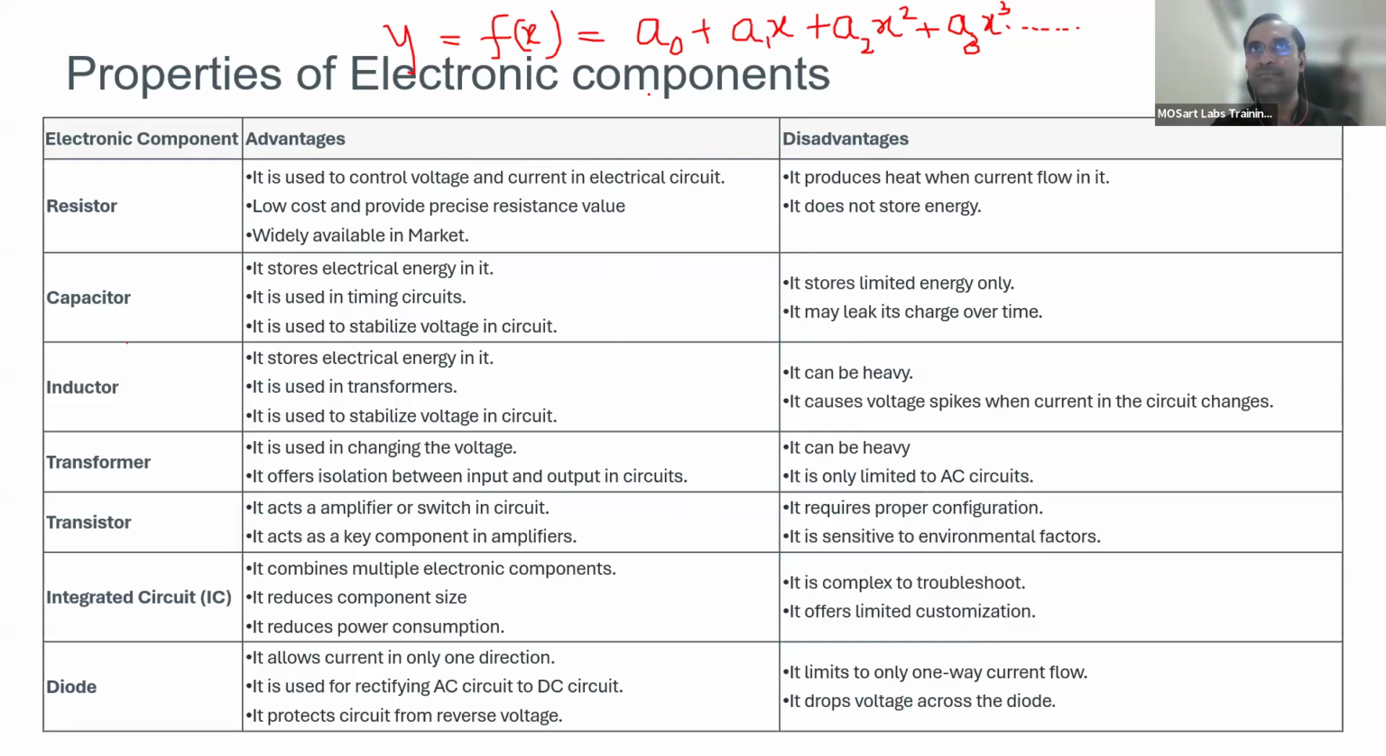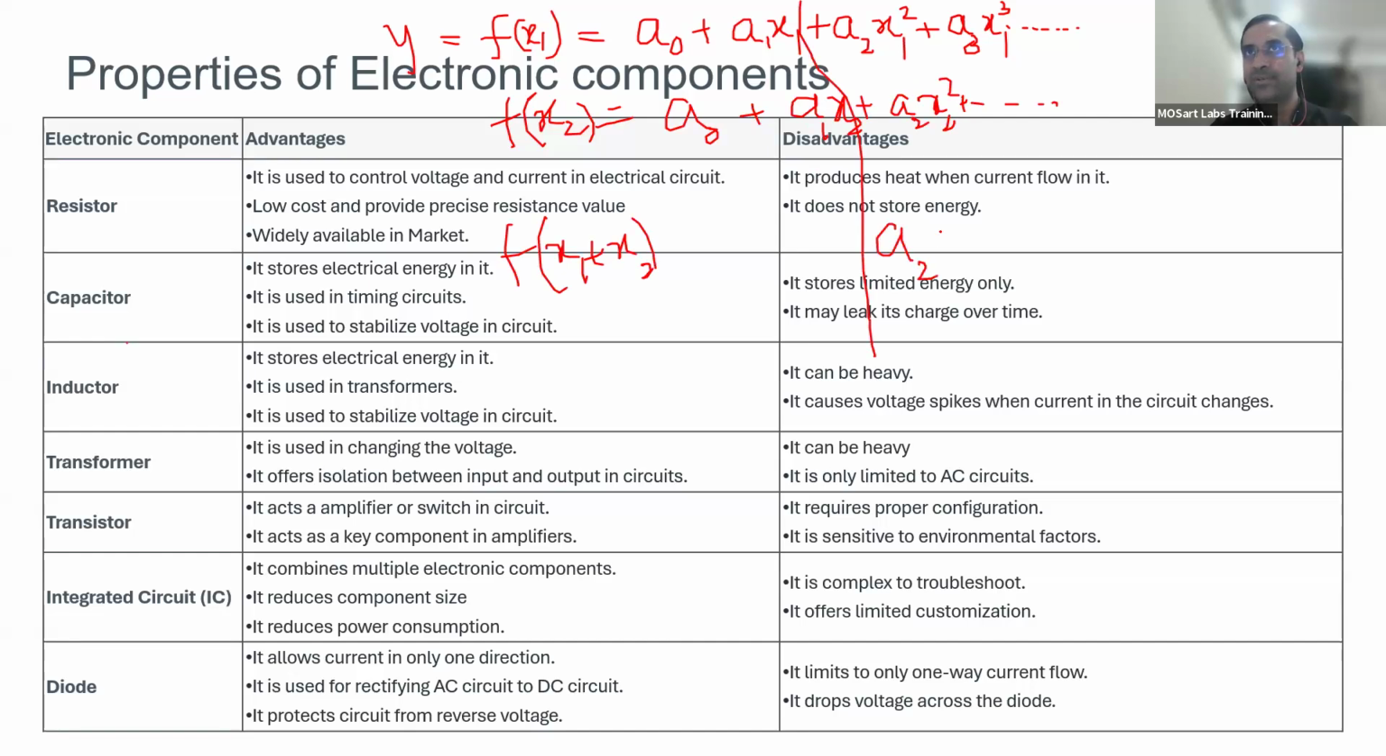If you had f of x1, you have x1, then x1 square, then x1 cube, and so on. If you had f of x2, you would have the same thing, a naught plus a1 x2 plus a2 x2 square, and so on, right? Now what is f of x1 plus x2? Until this point this is okay, but now you see that for a2 you get a2 times (x2 plus x1) whole square,